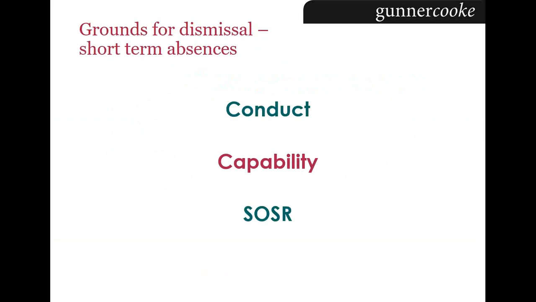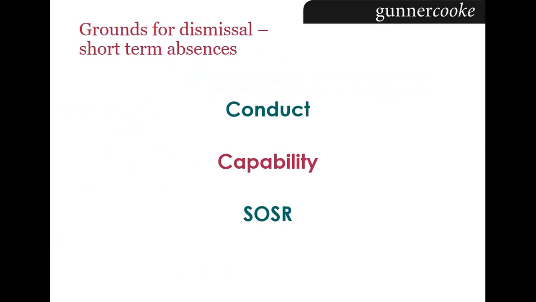When we talk about capability in this sense, we talk about an incapability to do the job due to ill health, and not poor performance, which is the other category within capability, which is frequently relied on when an employee isn't performing the job. So the significance of identifying the correct reason for dismissal is that if you get the reason wrong, it can lead to a finding of unfair dismissal. This is particularly as the